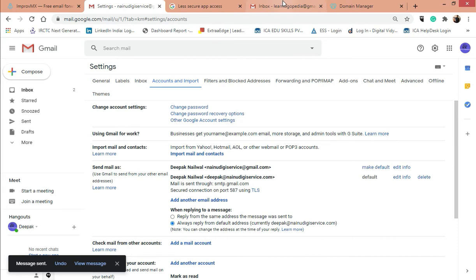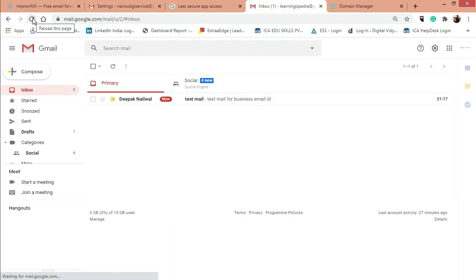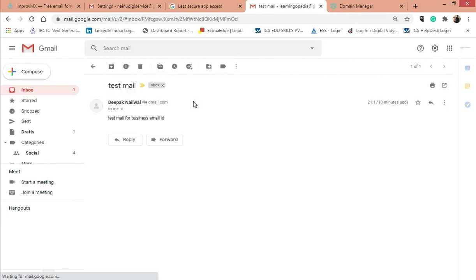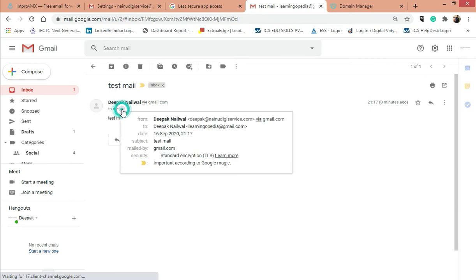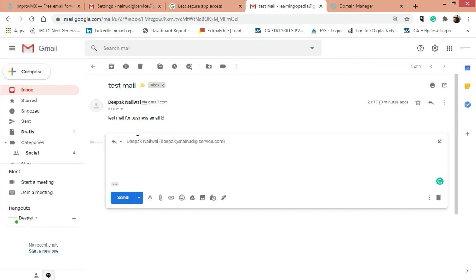Open the email where we sent the mail, refresh, and here we received the mail. Now you can see we are receiving the mail from our business email ID. Now if we click on reply, our reply will also go from our official email ID. Just reply once and we will check it again.